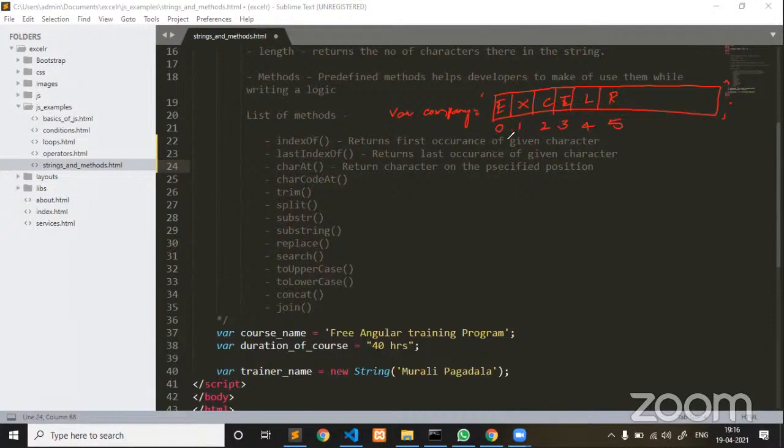Now my variable name is company. If I'm using company dot indexOf, with O as a capital letter, here if I am passing, for example,